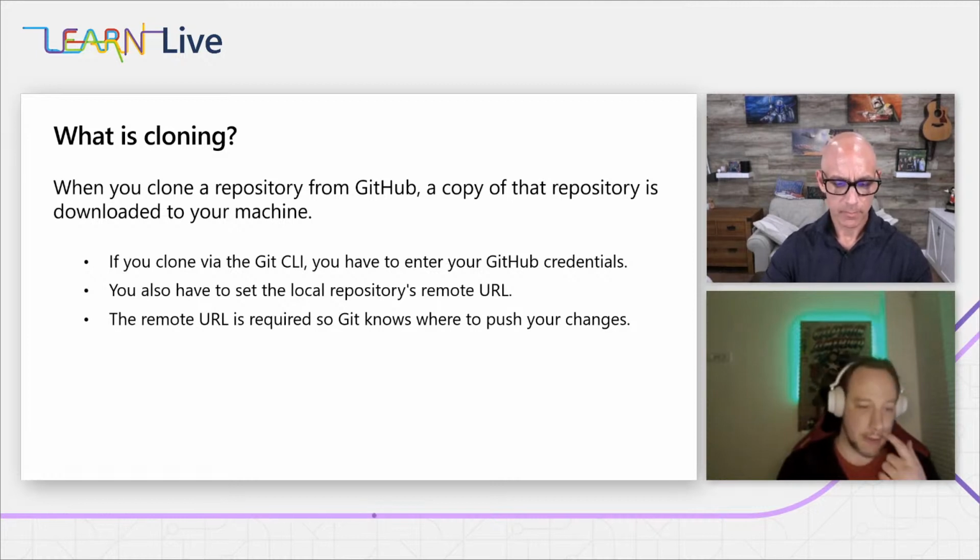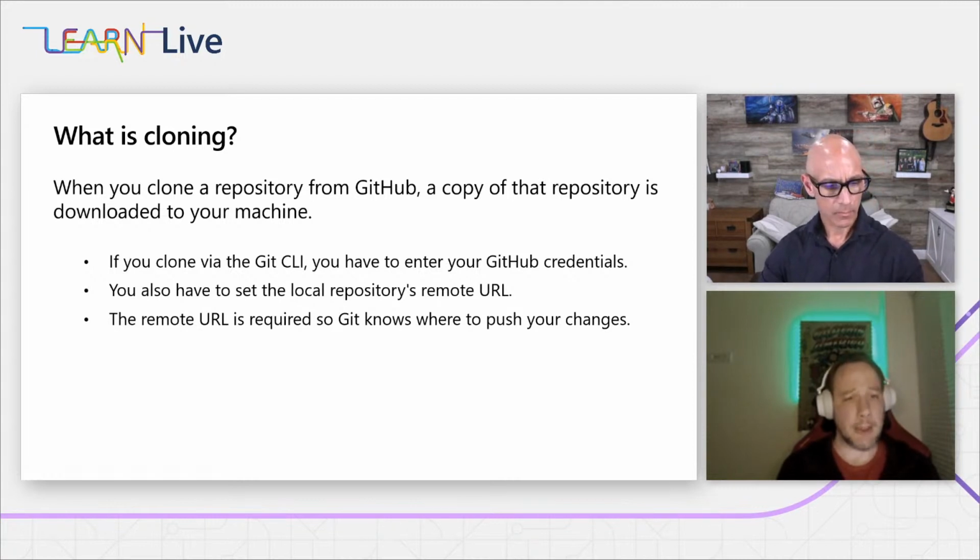Now, if you use the Git command line, you needed to provide your GitHub credentials using the git config command at the beginning, where you provided your user.name and user.email to identify who you were. Next to that, you needed to define that remote URL, and from there run git clone pointing to that URL, what we called the remote endpoint before. And from there, it copies everything to your local machine. But we could probably optimize this a little bit more. Can you talk a bit about it, John?